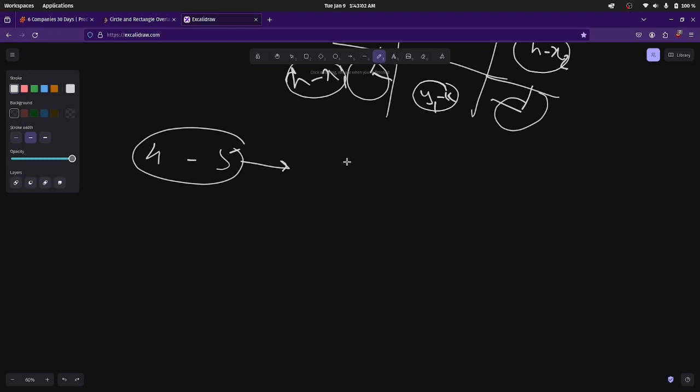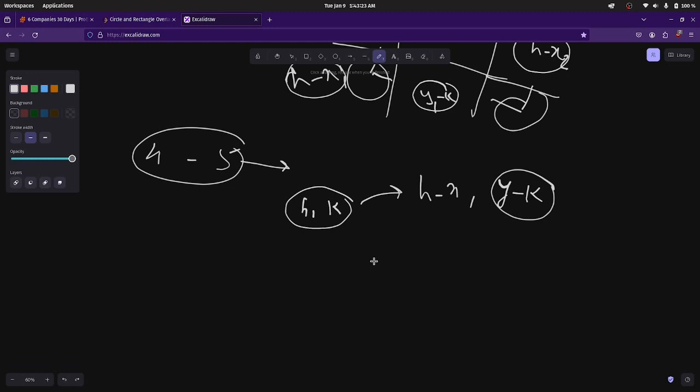ओके, तो मैंने ये कैसे किया मैंने आपको बता दिया। अब बारी है इसे कोड करने की। ठीक है, तो हम इसे कोड करेंगे और हम बस ये चेक करेंगे कि h और k की पोजीशन क्या है, उस हिसाब से हम h माइनस x और y माइनस k को डिफाइन करेंगे। क्योंकि अगर खाली रेक्टेंगल के जस्ट ऊपर है, रेक्टेंगल के एजेस के पास नहीं है, तो हमें सिर्फ एक डिस्टेंस की ज़रूरत है। लेकिन अगर वो यहाँ पे है तो हमें दोनों डिस्टेंस निकालने पड़ेंगे, क्योंकि यहाँ पे दो लाइंस को वो कट कर सकता है।